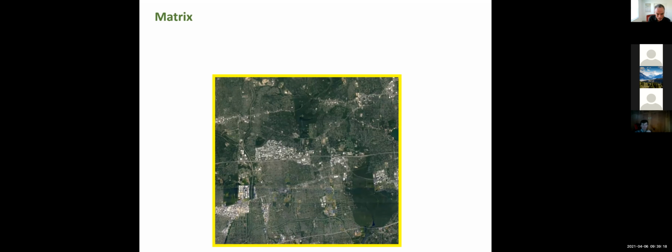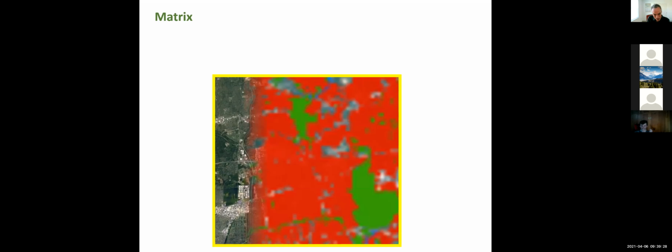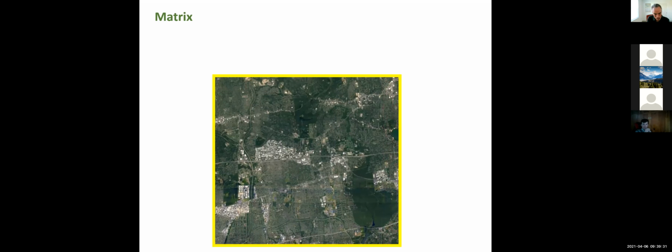So again, let's go back here. If you look at all of that red area, that's all classified as being urban or dense suburban. But if we look at the aerial photos, some of it does look like it's very dense urban, but other parts of it look like fairly continuous tree cover, and those are probably more suburban areas. So there's a lot of differentiation within even a given classification type.